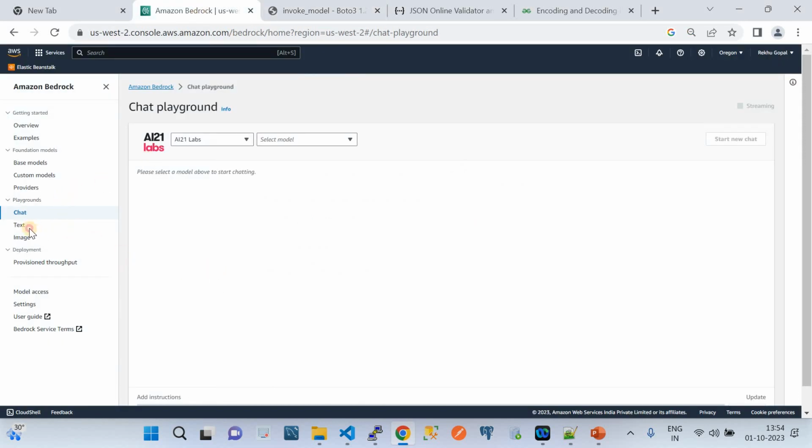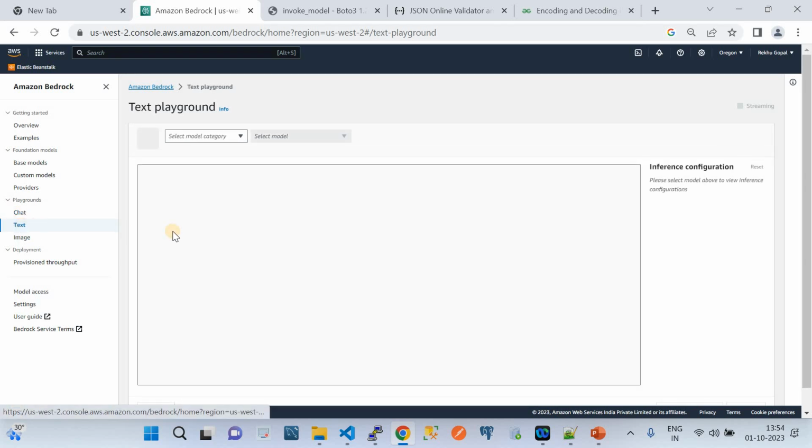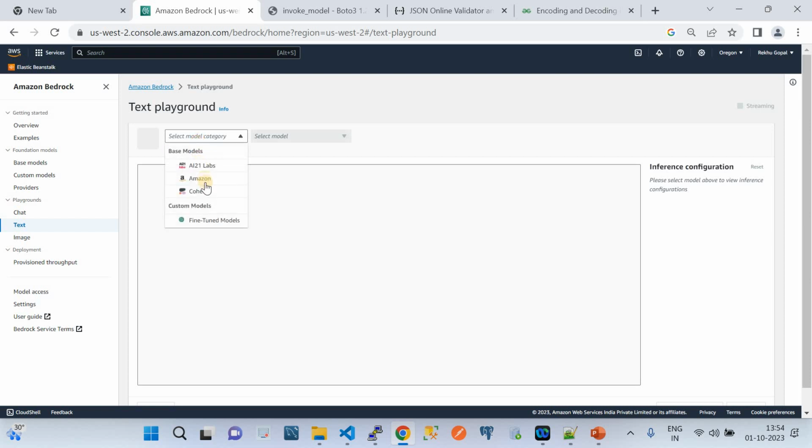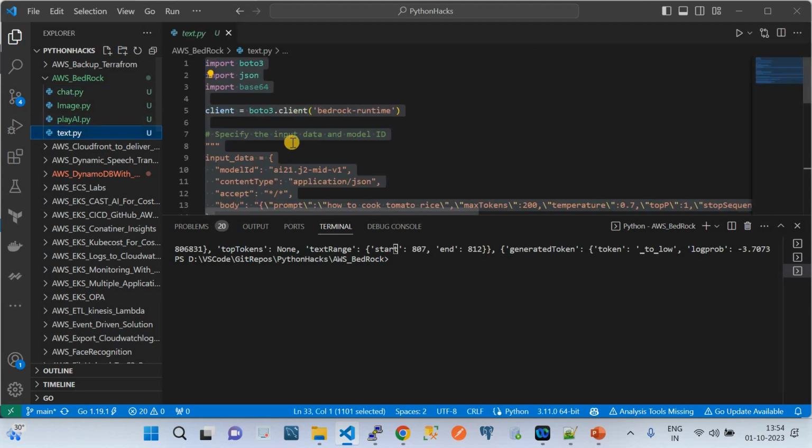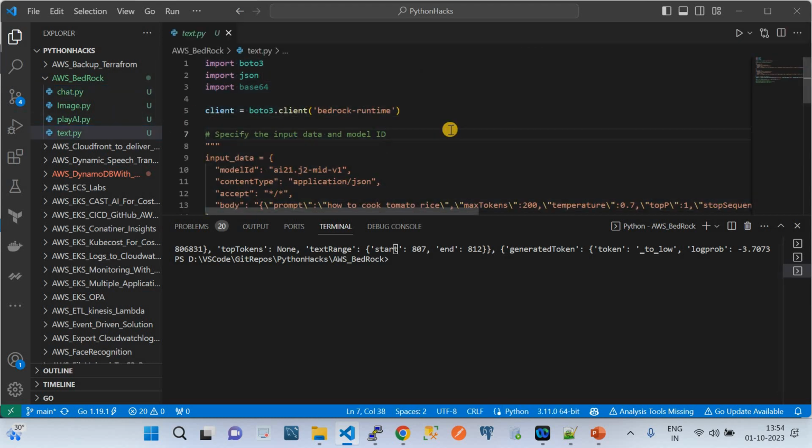So let's see how to generate. First, let's see the easiest one, that is generating text using the generative AI model, right? And in that one we have a couple of options, that is, the base foundational models are being provided by these companies, yeah, and their respective versions of the product as well. So what I'm going to do is go to the text.py file, which is